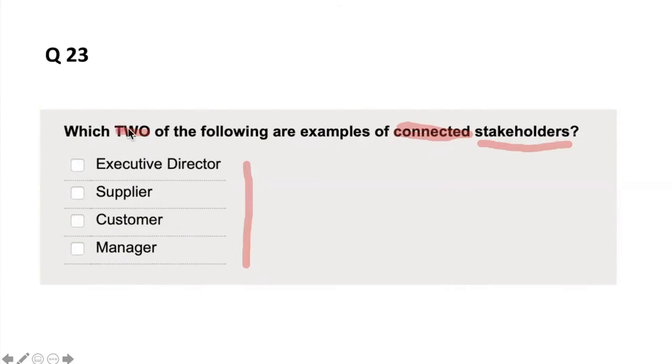And we need two. Remember, read the question well. It's not one. So we have two options here. So the executive directors and the managers are actually working for the company closely with it. They're called internal. They're not connected in the way the definition of connected implies. So suppliers and customers do have some sort of contract with the company. When you buy services, you sign something. For example, you want to do an audit, or if you're a supplier, you have a contract to supply the company with something. So these two, supplier and customer, of course, is the answer.